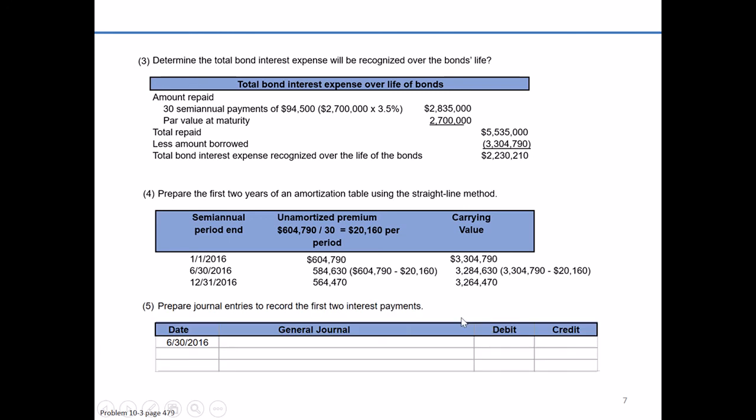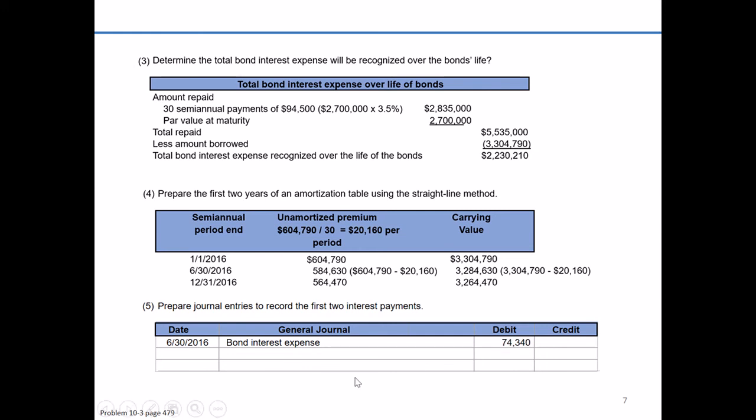So last and not least is we'll prepare a journal entry for the interest payments. Our homework problem asks us to do the first 2 interest payments. I'm just going to save a little time and do the first one. The true answer is that they're all the same. So we have 30 interest payments that we record the journal entry the exact same way. So our total bond interest expense that we already identified in step 2, so I'm not going to go back and calculate it, is